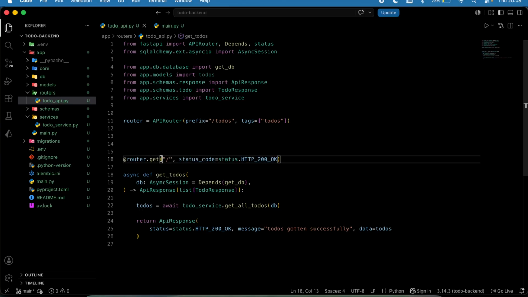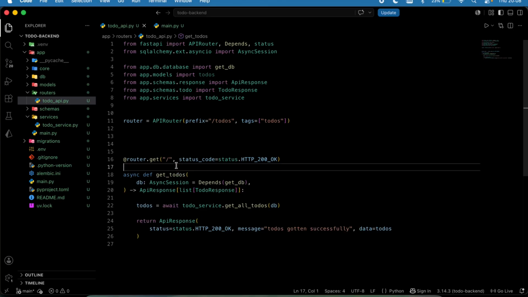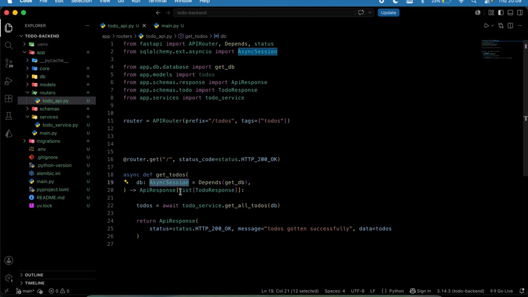Now, when the request is coming in, this is the method that should be fired. The first thing you have to do is to get the database instance and then set it as DB, which is an asynchronous session. Get the existing database session, which is the connection to the database. Get hold of that database, save it as the DB, and you are expected to return an API response of